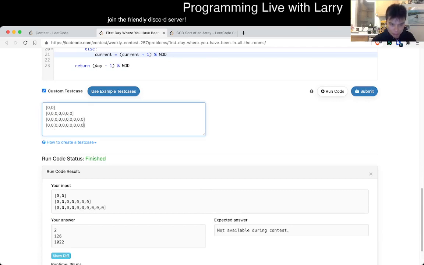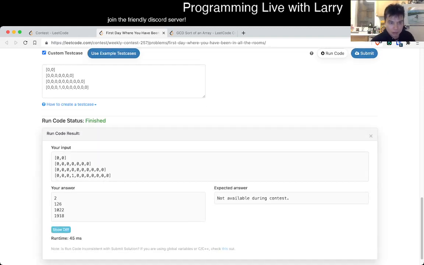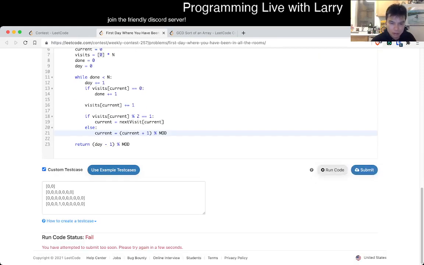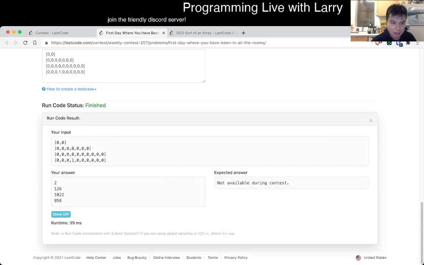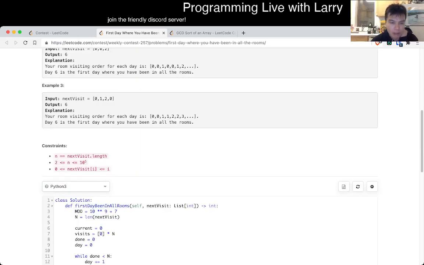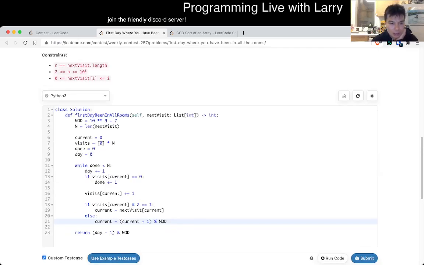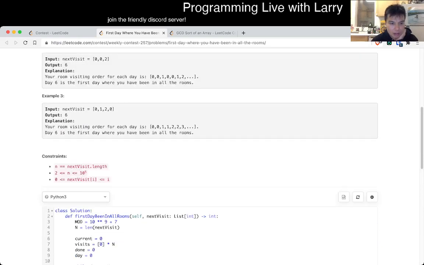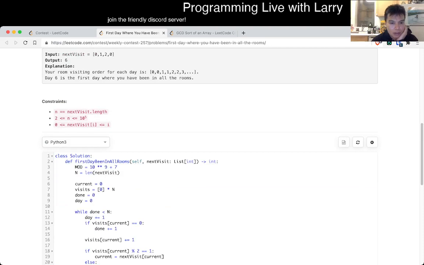So I just don't know how to solve this, at least not off the top of my head. I think there's some caching type thing too, but always test on a big example. But yeah, I was really wrong on this one. Okay, let me think about it for a second. This is clearly wrong, but at least it gives me an answer that is right. I feel like there's some caching thing that we can do, but